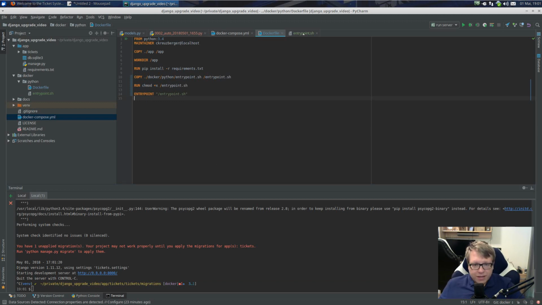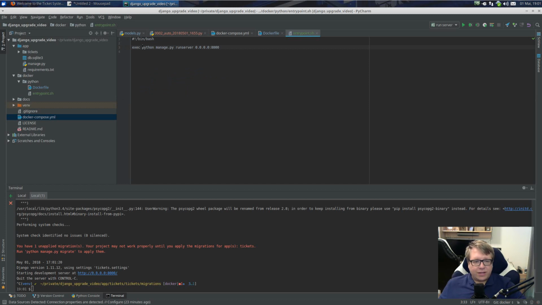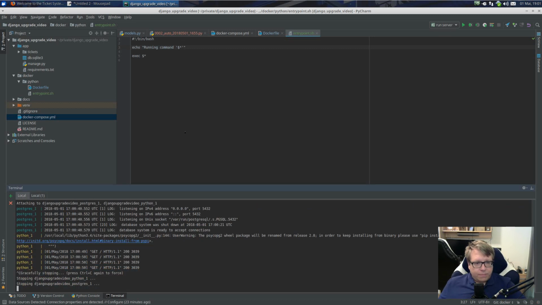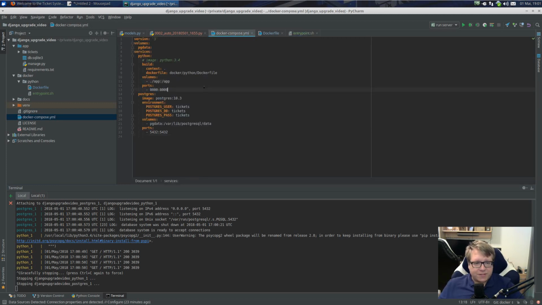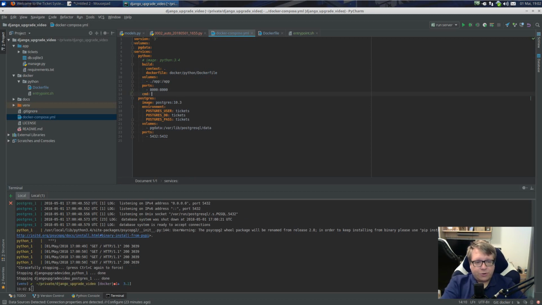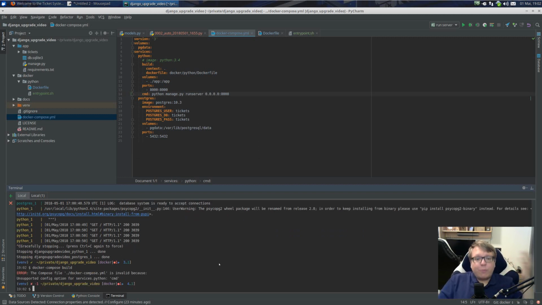So what is going on? We would have to say, don't run that, but run that. I'm just gonna do it like this, echo running command, this one. Okay, I have to rebuild it again, obviously, and also I would have to specify the command I want to run in my docker compose YAML, because this command is now passed on to the entry point script, and the entry point script,